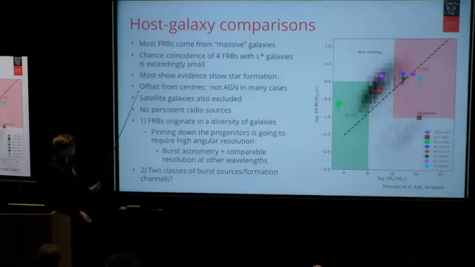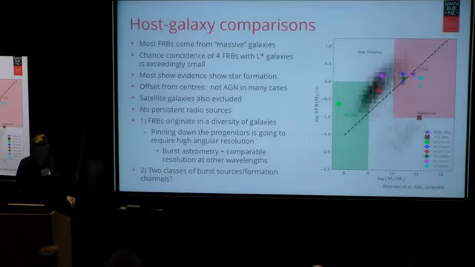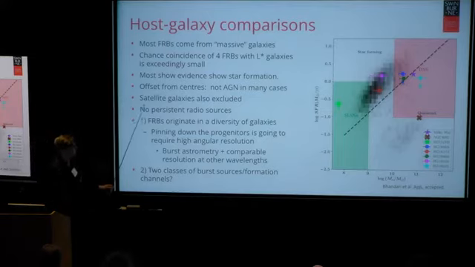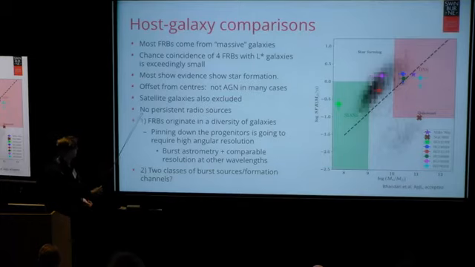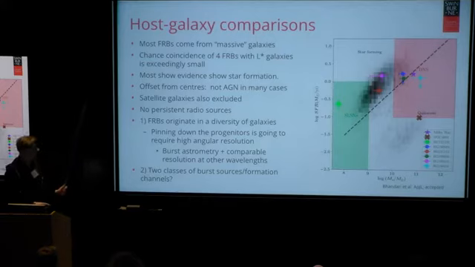The ones where we have high precision seem to be offset from galaxy centers, so we argue that they're not associated with AGN in many cases. I think a similar argument about the associations with the L-star galaxies rules out them being in satellites, because you'd expect some of them to be way off the galaxies, but we can discuss that more. We haven't seen any evidence for persistent radio sources, despite even having galaxies at 0.1. So you're left with